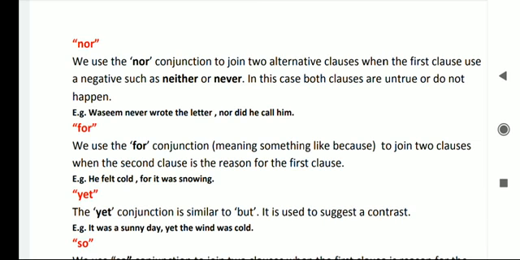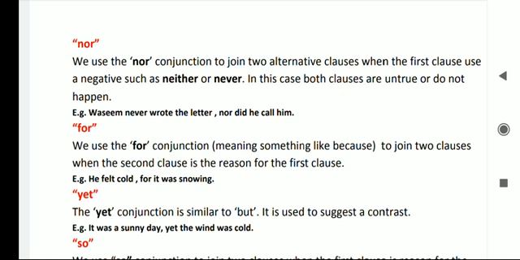और nor कहाँ पे हम इस्तेमाल करते हैं? We use nor conjunction to join two alternative clauses when the first clause uses a negative such as neither or never। In this case both clauses are untrue or do not happen, right? For example, Wasim never wrote the letter nor did he call him।